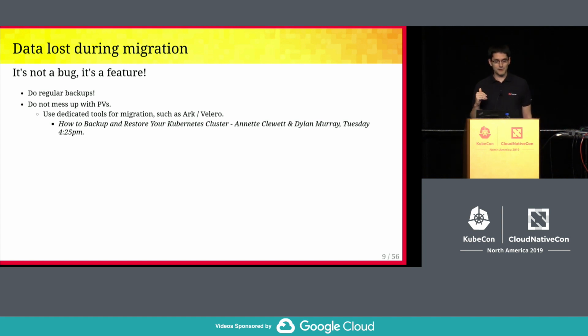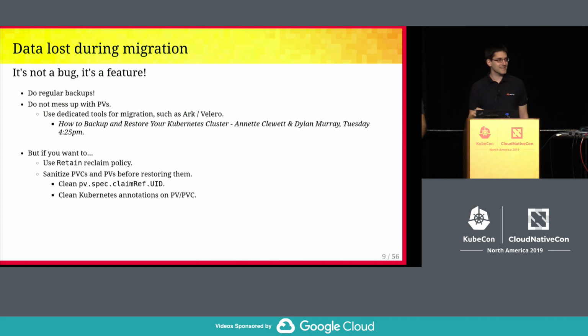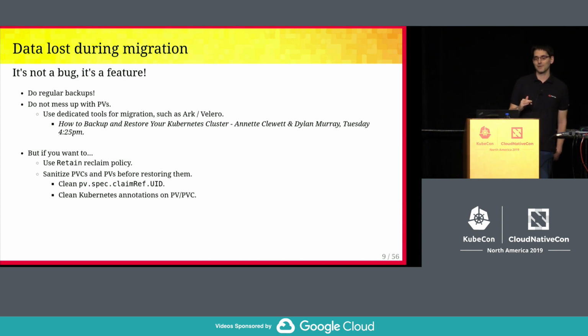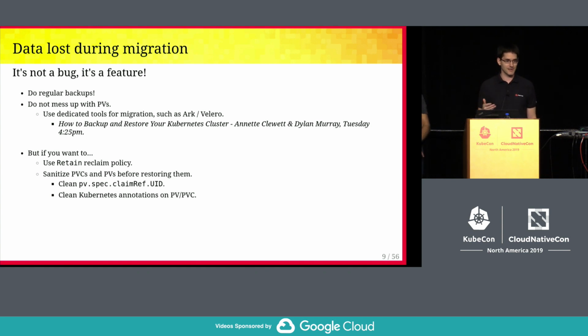You should use some dedicated tools. For example, yesterday there was a talk about Velero from Heptio that can migrate objects between clusters. And just in case you want to play with persistent volumes, please use the retain reclaim policy, so Kubernetes will not delete the data, and you can restore them later. And in this particular case,